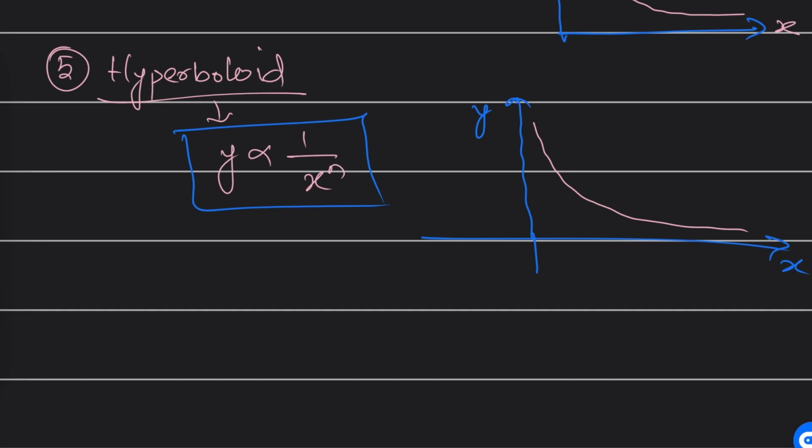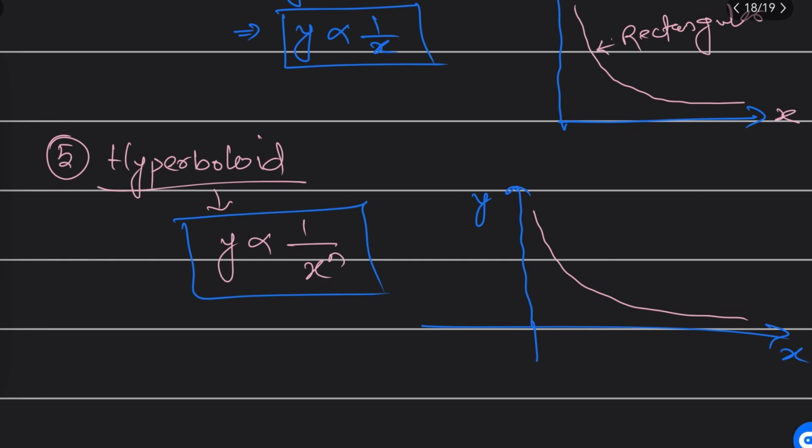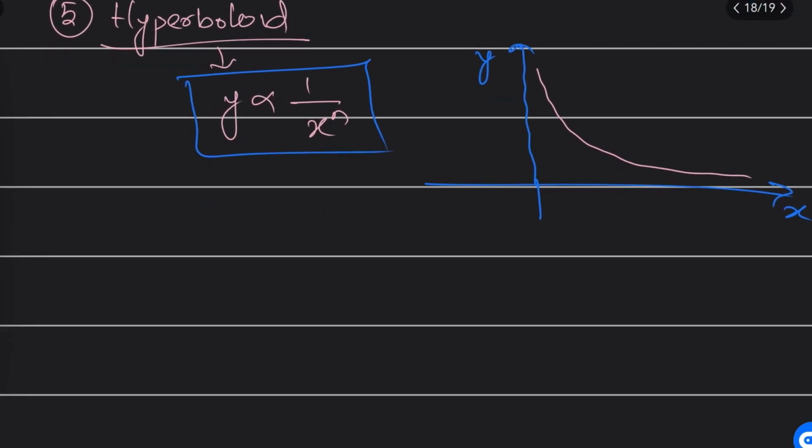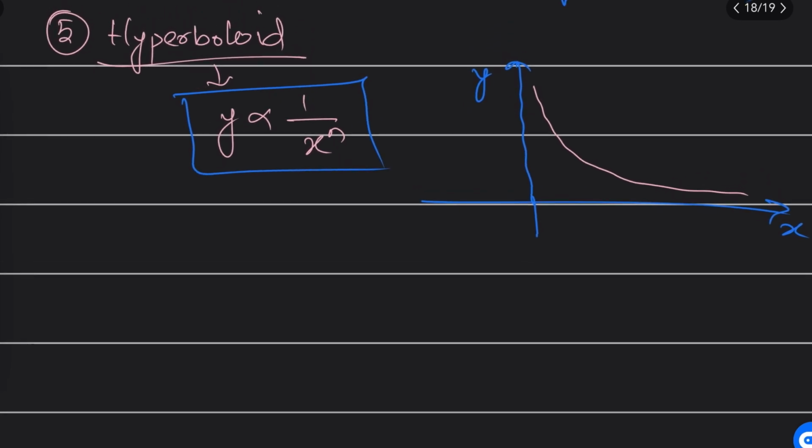So you should keep in mind, sir, the nature of this: it is a hyperboloid, right? But the curvature will look just like a rectangular hyperbola, with slight differences. Okay. Next, if I'm talking about ellipse,